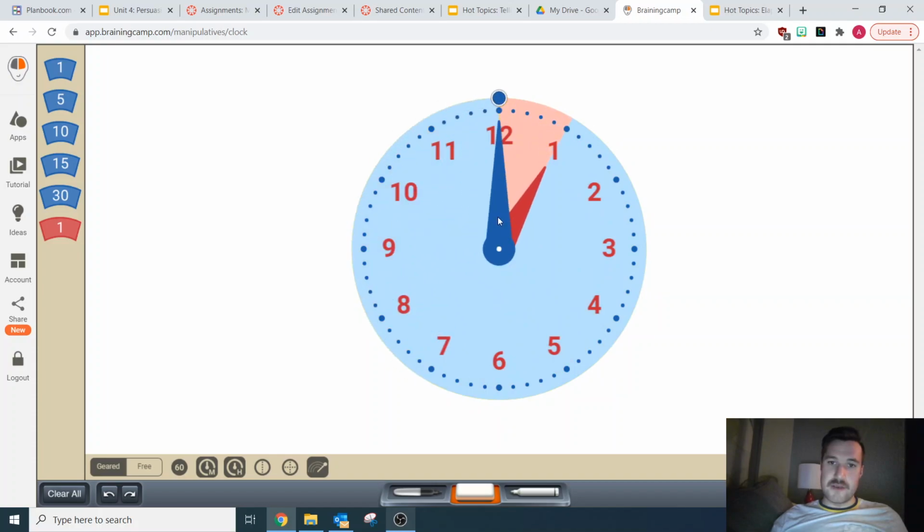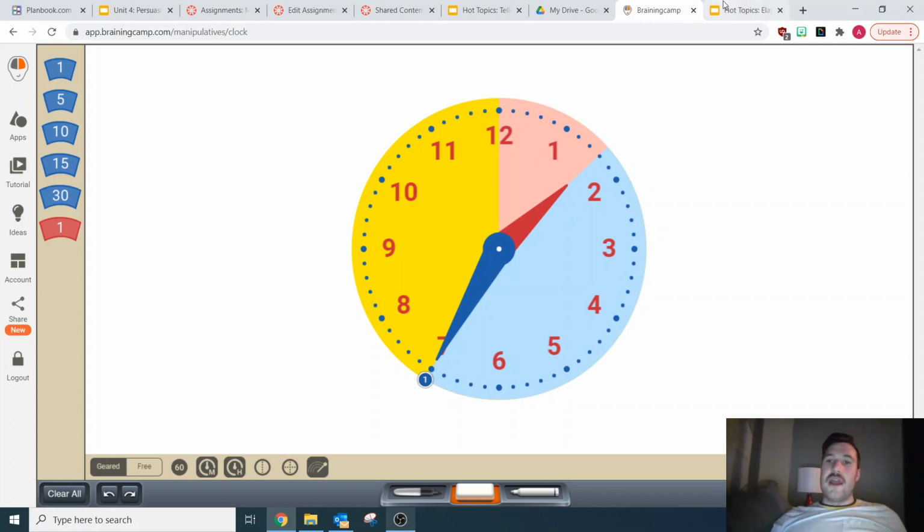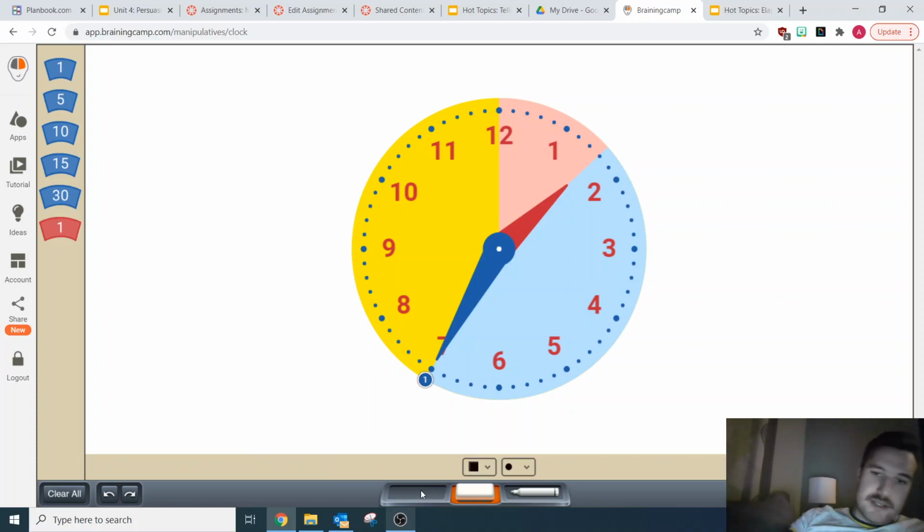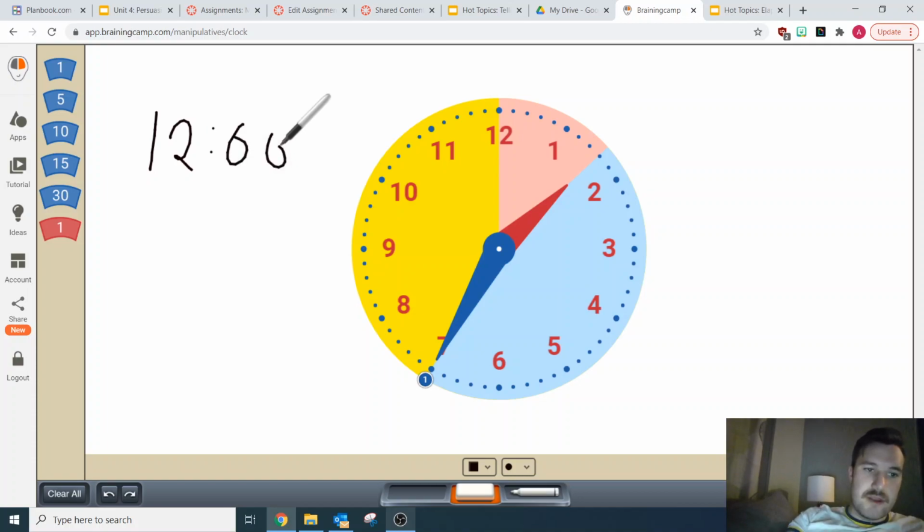So from 12 o'clock, 1 hour is 1 o'clock, and then 35 minutes. So 30 minutes, 35 minutes. So we moved 1 hour and 35 minutes. Now we can absolutely add those times. So if we started at 12 o'clock and we added an hour and 35 minutes, okay, we can just straight